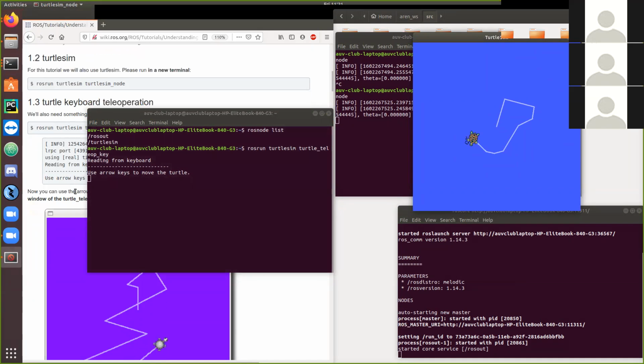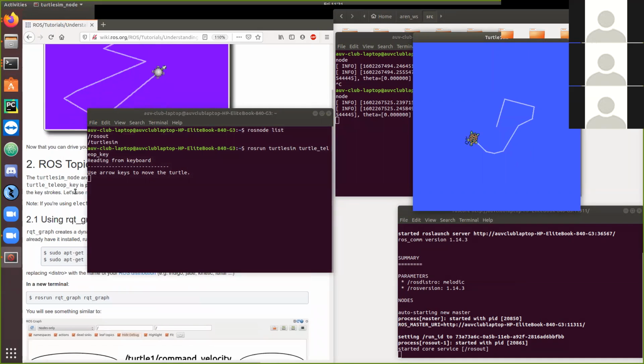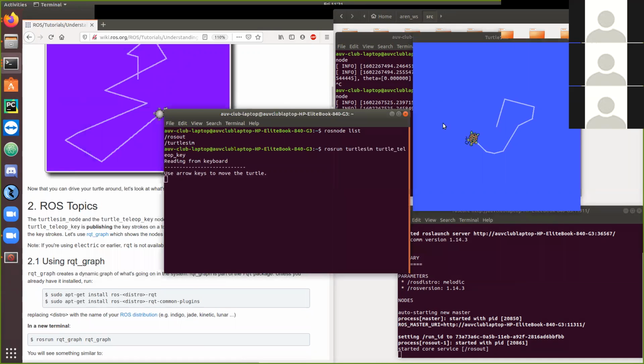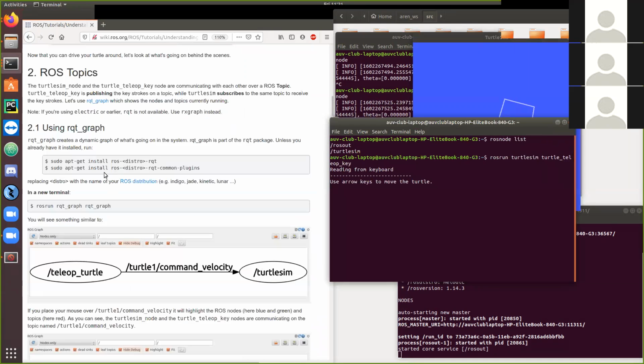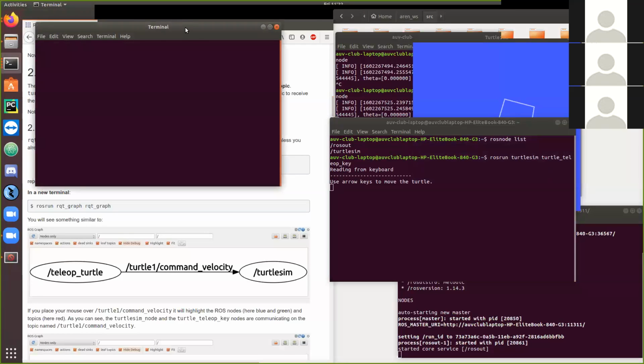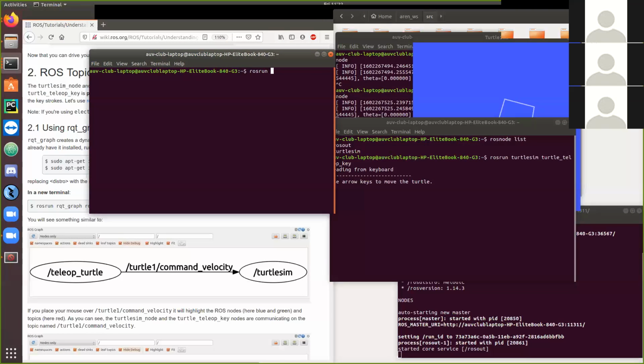And to visualize this, if I scroll down a little bit, let me move this off to the side. Right here, you can see there's kind of like a graphical ROS tool, I guess is a way to explain it. If you run this command, so sudo apt-get install ros-melodic-rqt, and same thing for this, it'll give you rqt in all of its commands. And this is another one of the things in ROS. So if I do rosrun, it's like another kind of node, but rosrun rqt_graph, and I press enter,